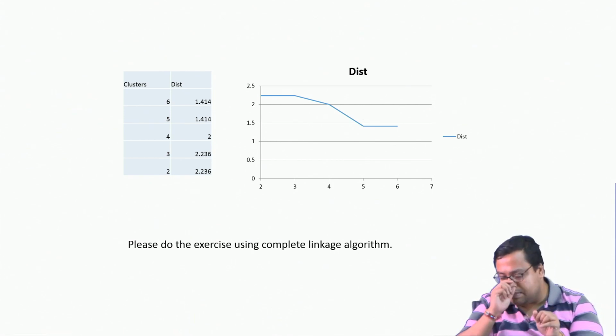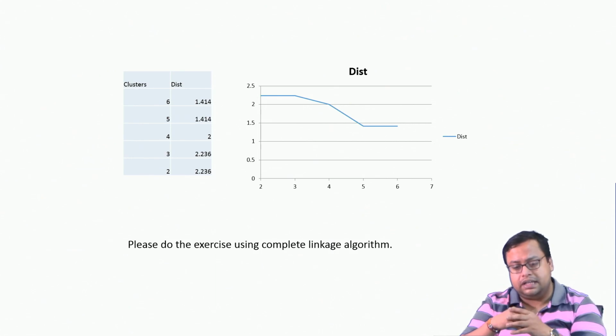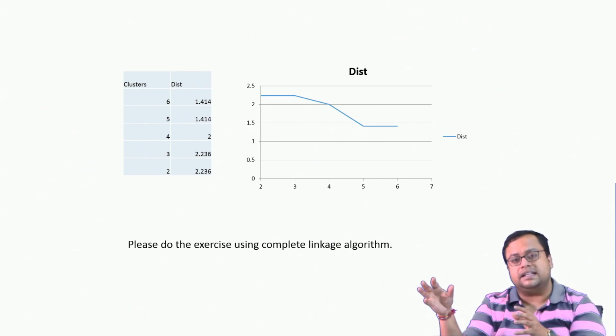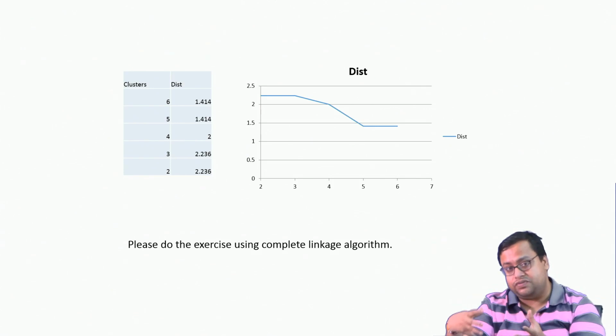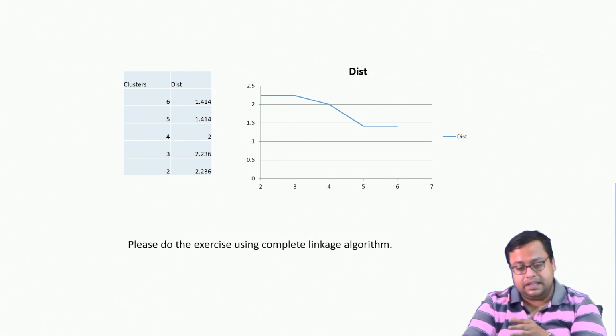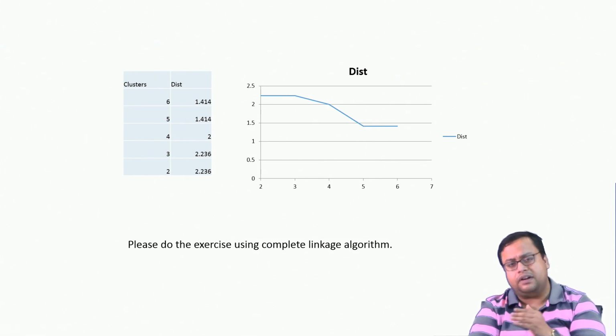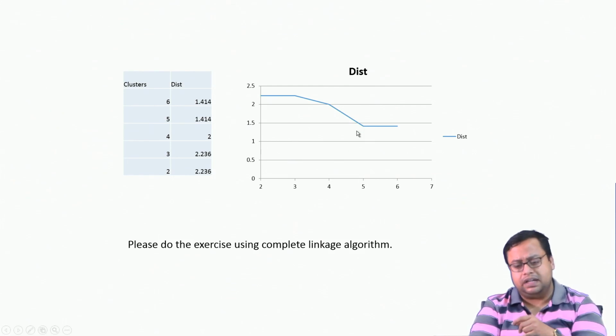What does it mean? It means that beyond that point, if you further increase the number of segments, you do not get much information, but before that, the extra information that you are getting is much higher. So, you can assume this as a measurement of information, and this is where the elbow suggests that further breaking does not make any sense. So, in this case we have found 5 as our cluster segment.